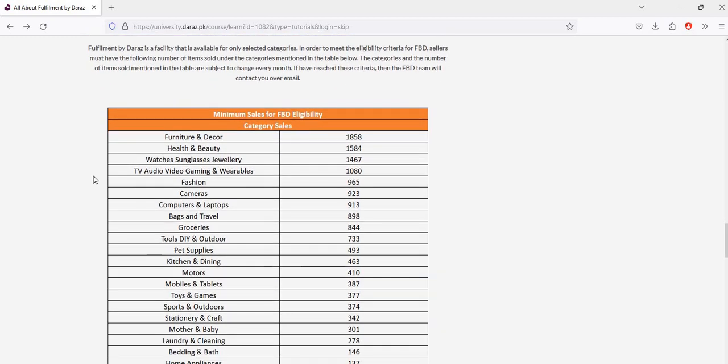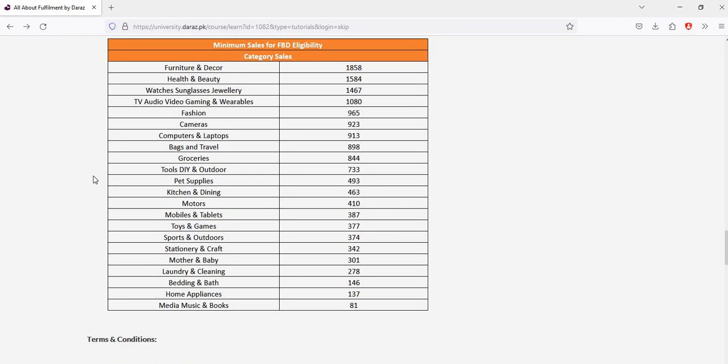Minimum sales for FBD eligibility criteria. Category sales: furniture and decor 1858. Health and beauty is 1584. Bath and body, jewelry 1467. TV, audio, video gaming and wearables is 1080, fashion 965, cameras 923, computer and laptop 913, bag and travel 898,